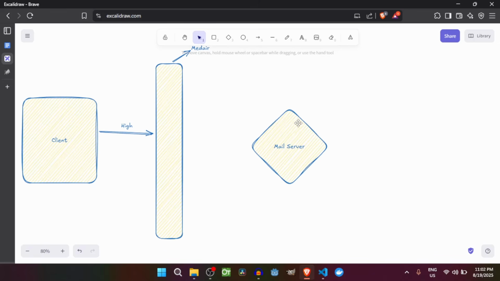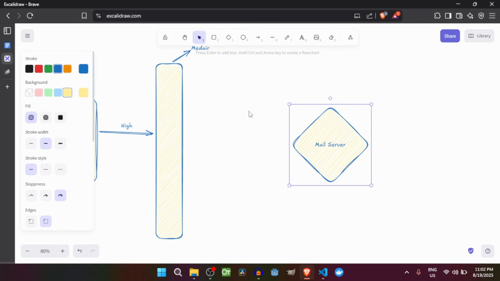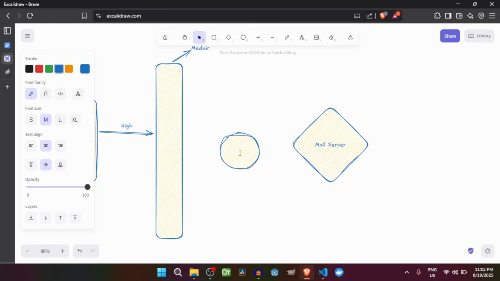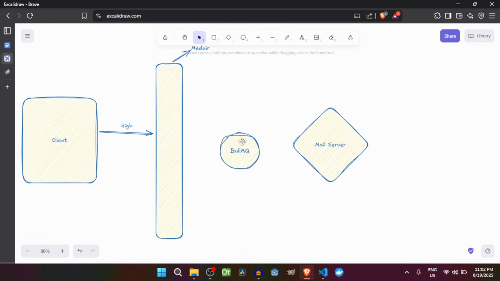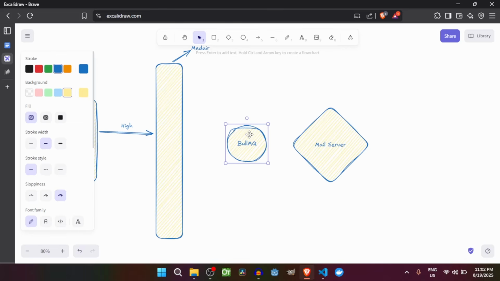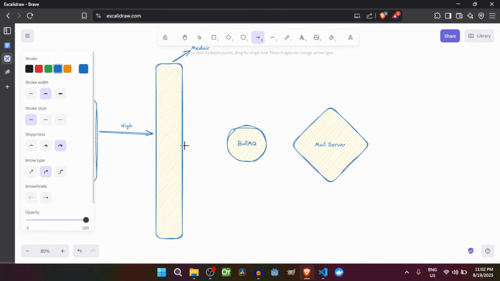So this will publish messages into BullMQ. Sorry for that, because currently I'm using Kafka too much, that's why it's on my tongue. So this will produce the messages into BullMQ